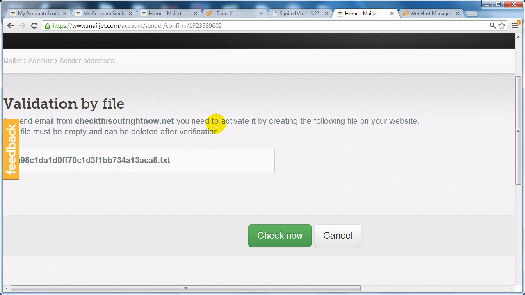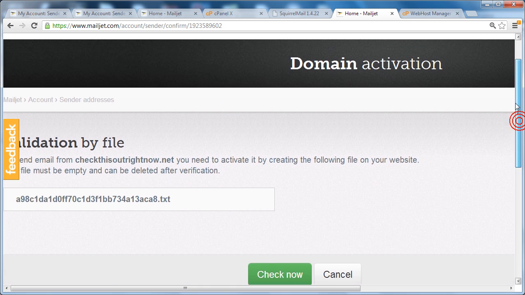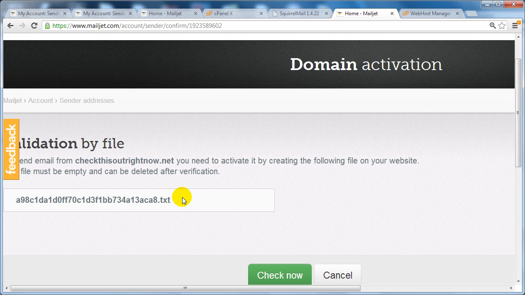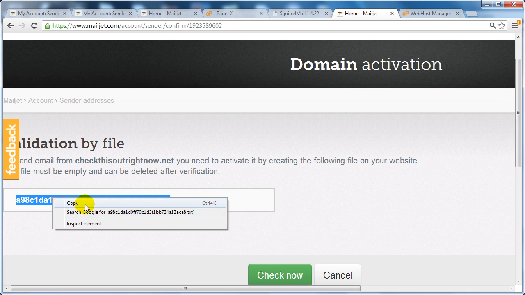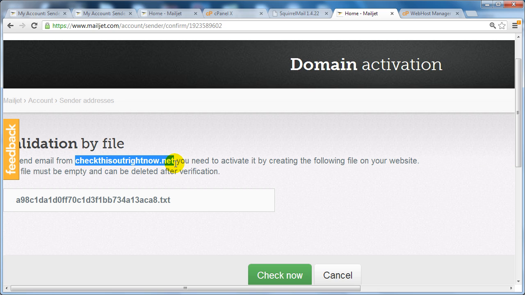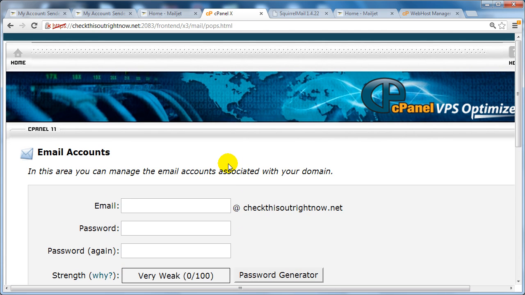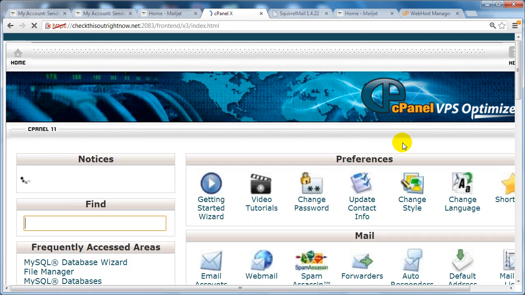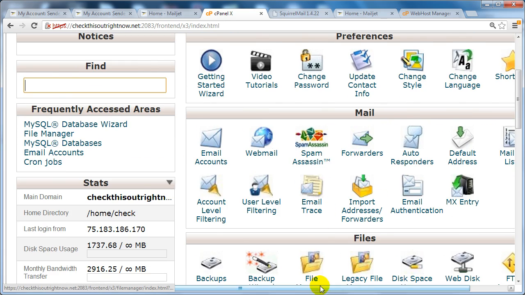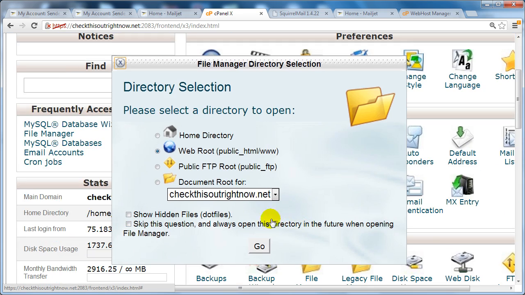In order for this to work, they've given you a text file name. You're going to need to create a text file directly underneath the root directory of this domain and click on check now. So if you go to the cPanel and I go to home, then to file manager here,